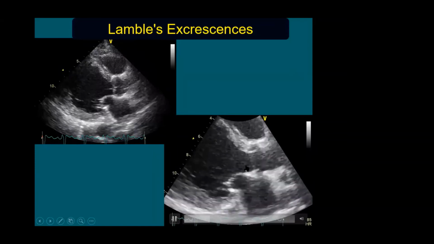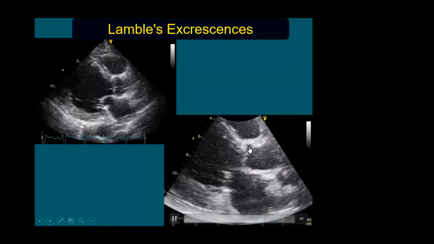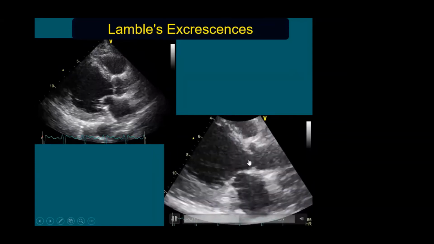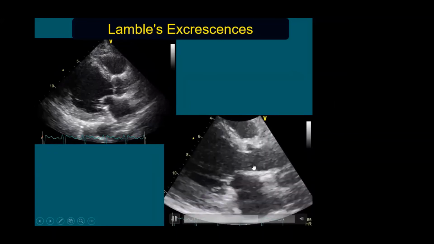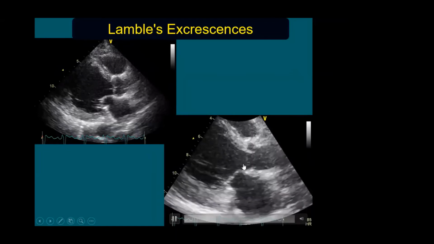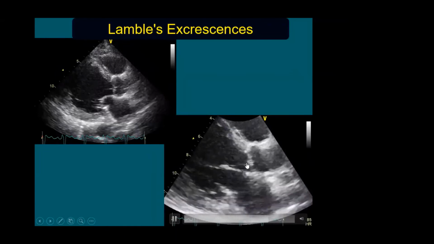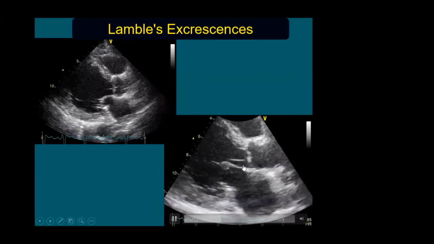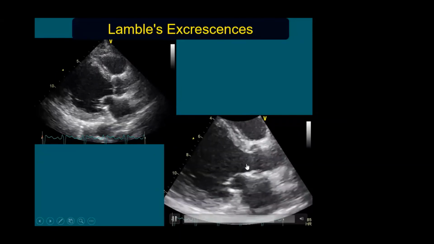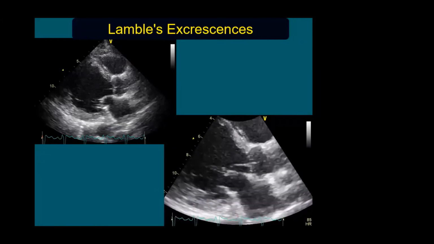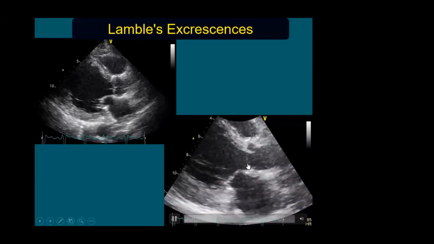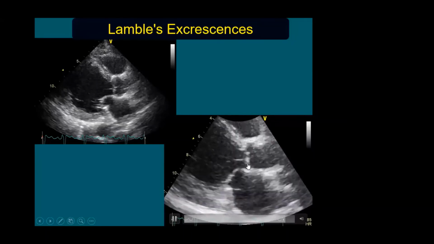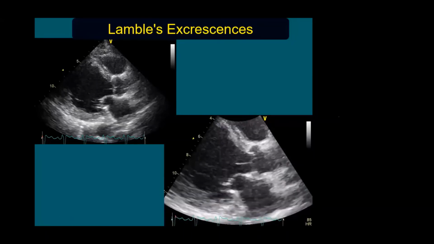The next one is a patient with mass over the aortic valve, which is extending a linear mass. This type of dense echoes over the aortic valve, moving echoes, may be present in older people. So this is called Lambl's excrescences. It is a type of degeneration. It is similar to papillary fibroelastoma, degeneration of the aortic valve, producing this linear echoes. The only problem is sometimes it embolizes and produces central nervous system problem.